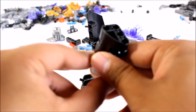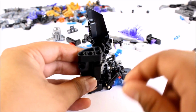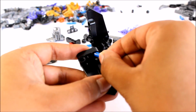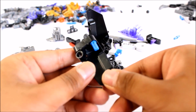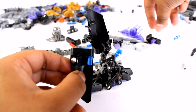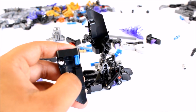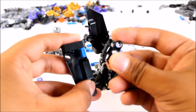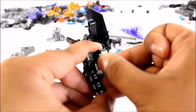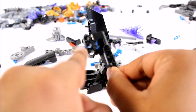There we go. So we need one of these, I should say, Technic panels, and what we need to do is stick in a pin, like this one just here, into that hole like so. Whoopsies. There we go, just like that. And then what it says is that we need to connect, if I can find it, here we go. We need to connect this piece right here, just like so. There we go, facing, of course, the same way as the actual holes on the actual Technic